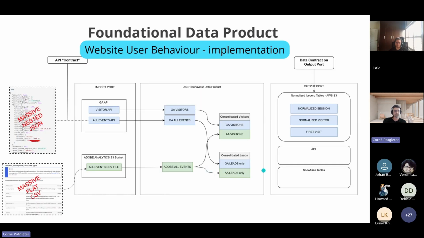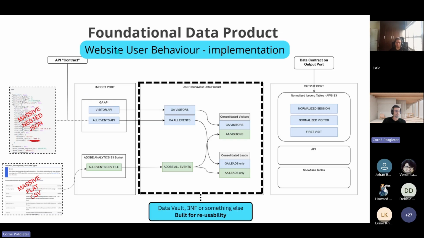So same example, basically the same screenshot as before, but using data mesh terminology. What is the difference? The difference really is ownership, and the purpose that it gets used for. So the foundational data product is built for reusability. The API inputs can be treated as input ports. You have a contract on top of it, and you publish the output, and you also have a contract on that. I will get to some detail about the data contracts in a while, but I'm just conceptually explaining it for now.